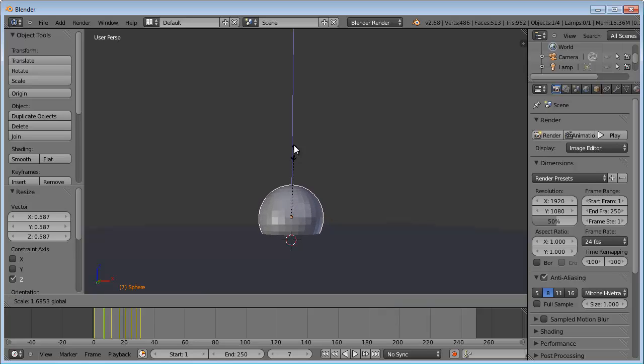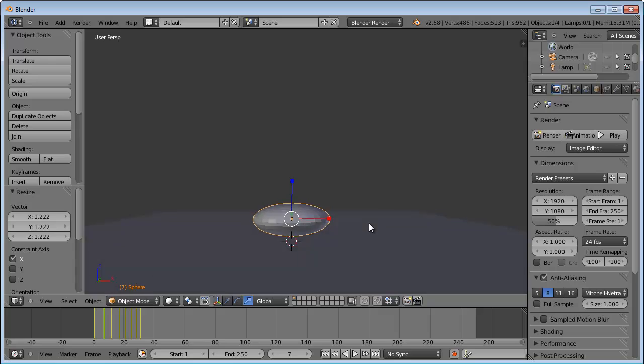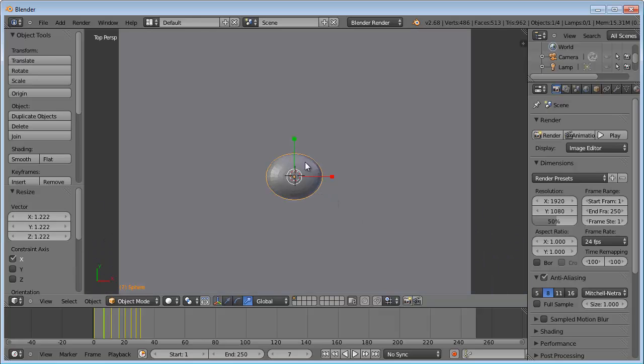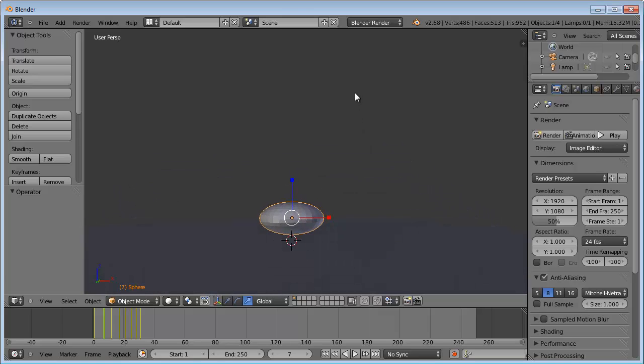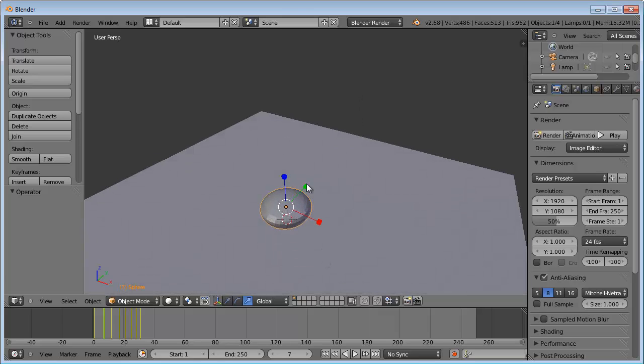Now, when I squash it, it doesn't get any bigger, any wider, and I need to do that. If I'm going to be squashing the ball, it needs to come out wider. Now, if I did this red right here, it looks like it's getting wider, but then I go to the top view, and it brought it out of proportion. So I need to go back, let's see, Control Z. So it's squashed, but I need it to come out on both the